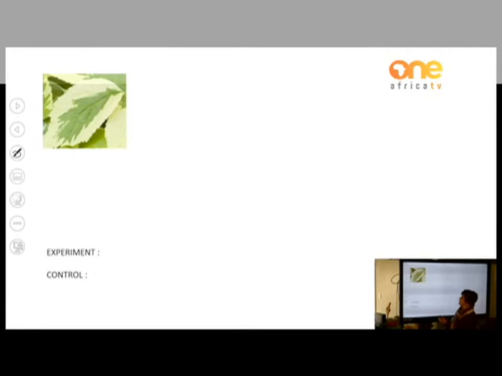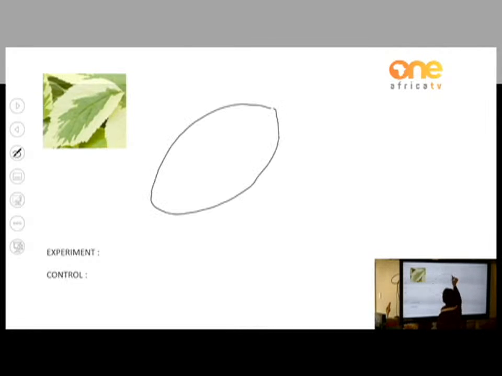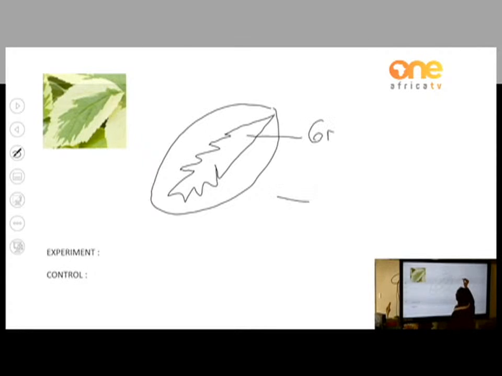So it is very important to start your investigation by making a little drawing of your leaf and then just make an indication of exactly where was the green part and where was the white part. So that afterwards, when you do the test, you are able to prove that afterwards,